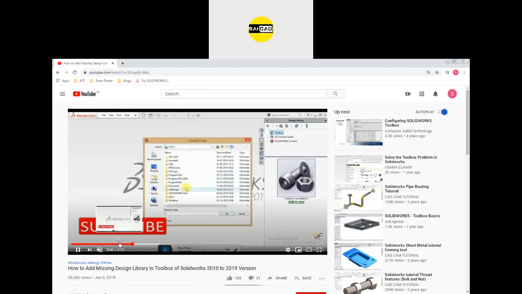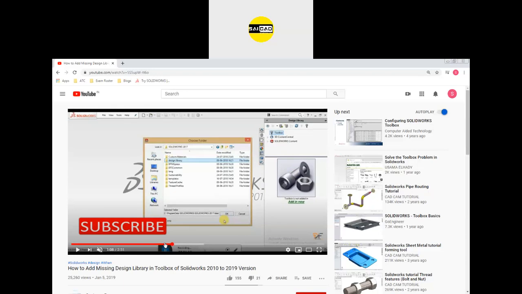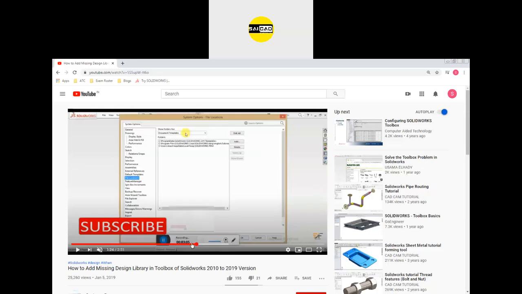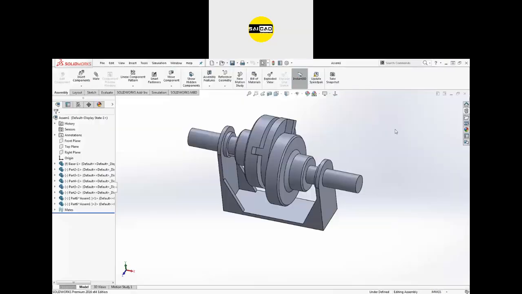Basically the toolbox will be in the C drive, in Program Files or Program Data. You just have to locate the installed toolbox.